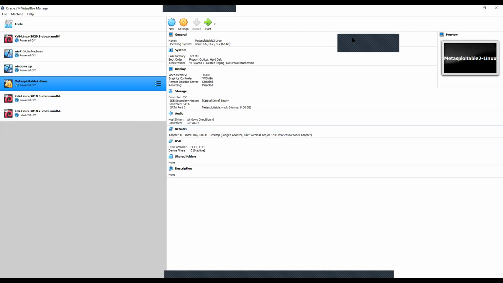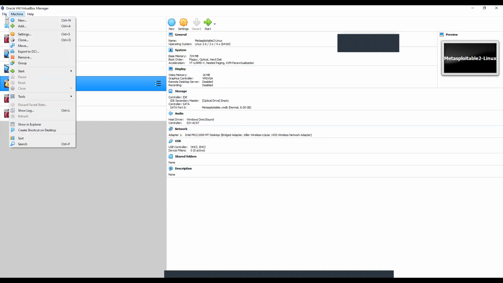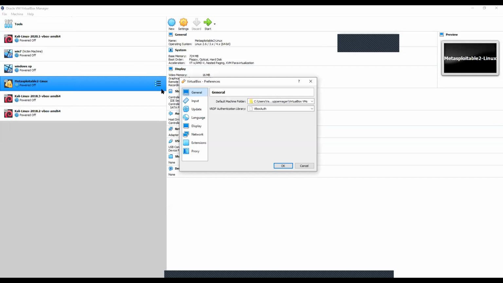Now what you are going to do is simply double click on the extension pack, and it will open up here telling you to install the extension pack. You can simply click on install and it will install. To check whether it is installed properly or not, go with File, then Preferences, and check in Extensions. You'll be able to find the Oracle VirtualBox extension pack, and it is active. So this is how you are going to do this.